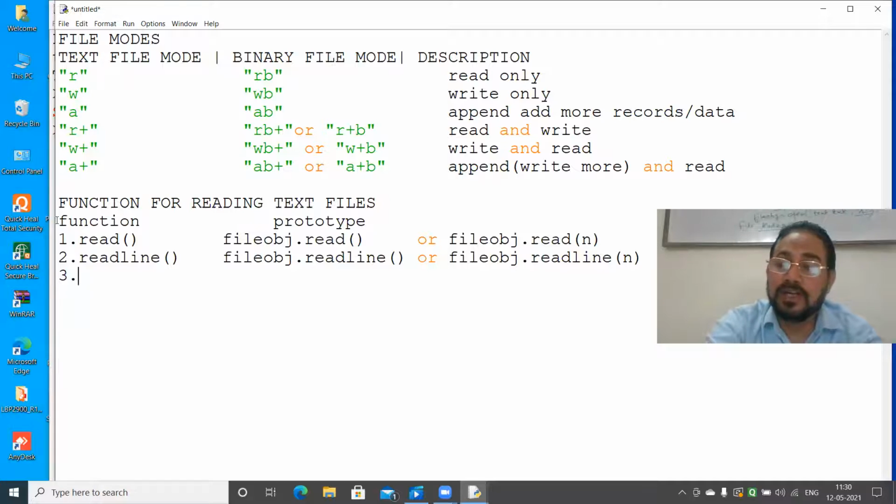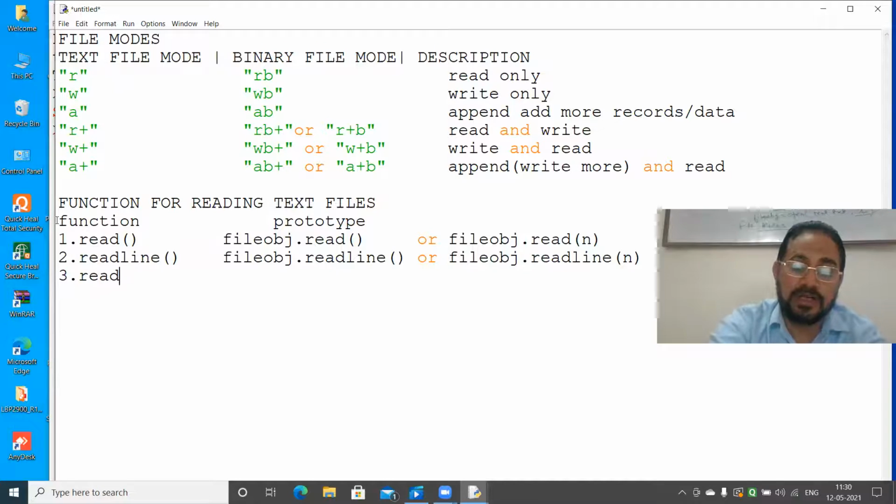Read reads the complete file. If 5 lines are there, all are read by the read function. And readline will read out of the 5 only the first line the first time, and so on. I will explain by giving a programming example, then it will be more clear to you.